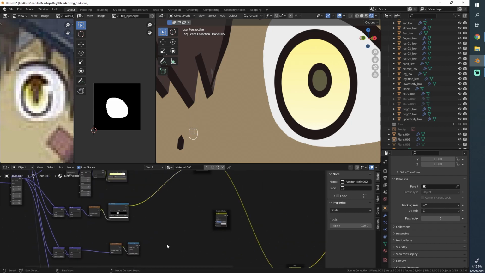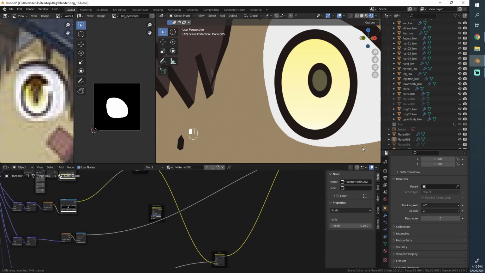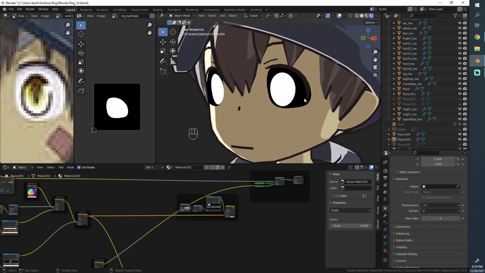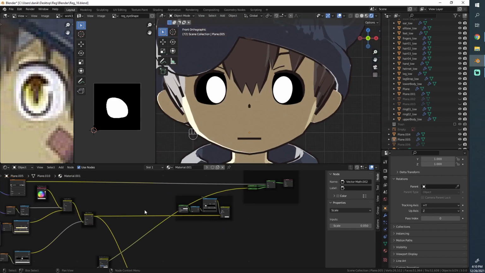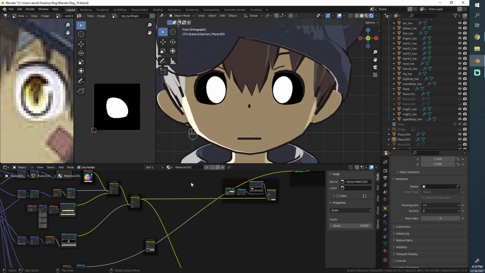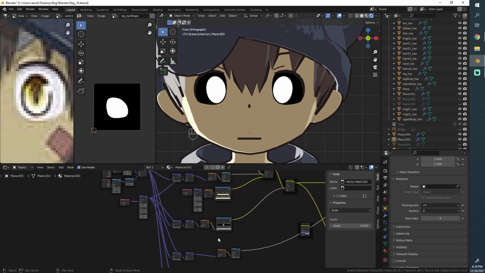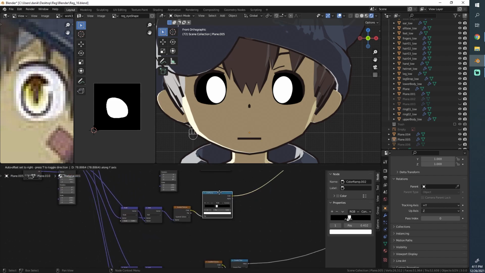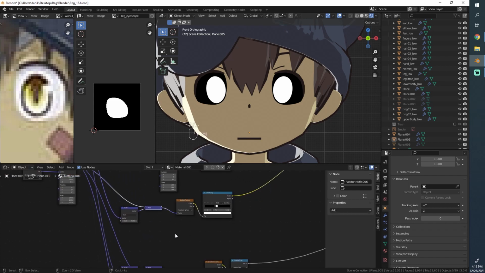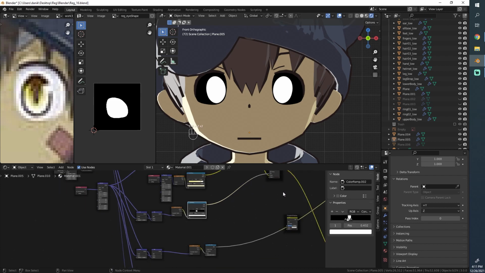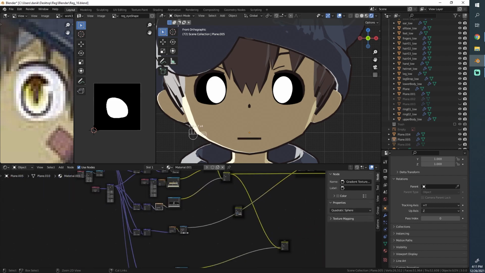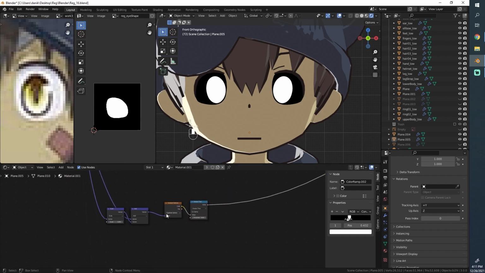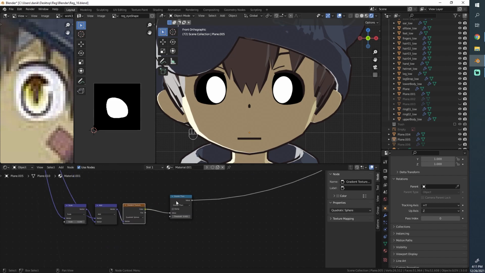Alright, so what we have down here at the moment is just the inner part of the eye, I believe, so we should see this. And now I want to subtract something from it. So this is going to be quite a bit of a setup with many nodes, I feel, but wait, is that the right one? No, we are looking at that here. So basically we take this output and